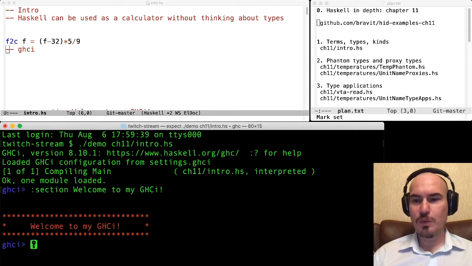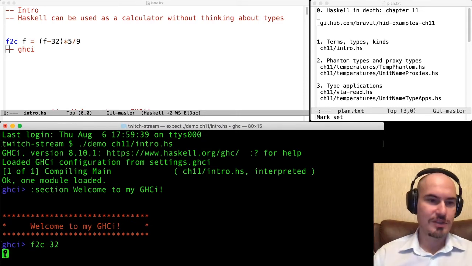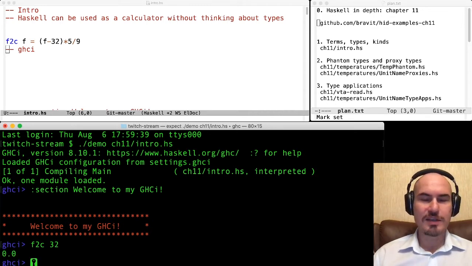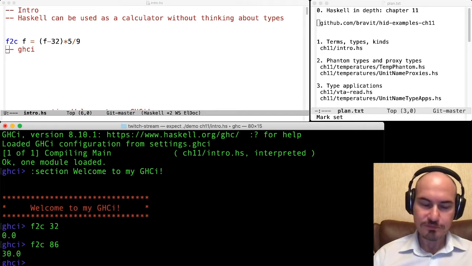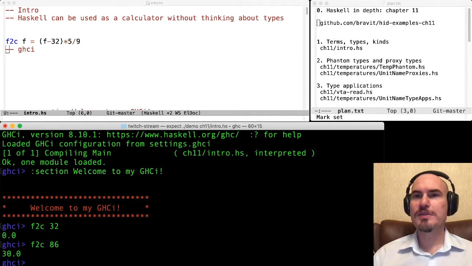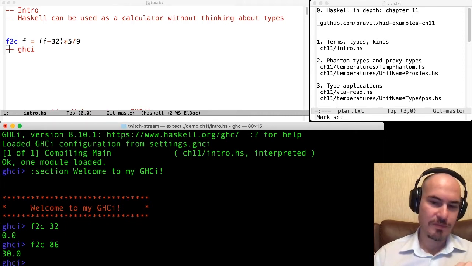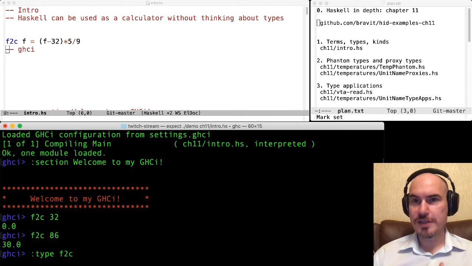And we can use it as follows. We can just call this function with some argument. And here we have a result, and another argument and another result. So no types at this point. But then, of course, this function and every other function in Haskell has a type.